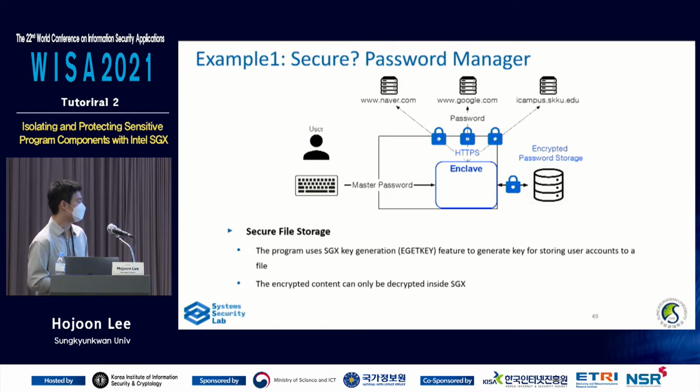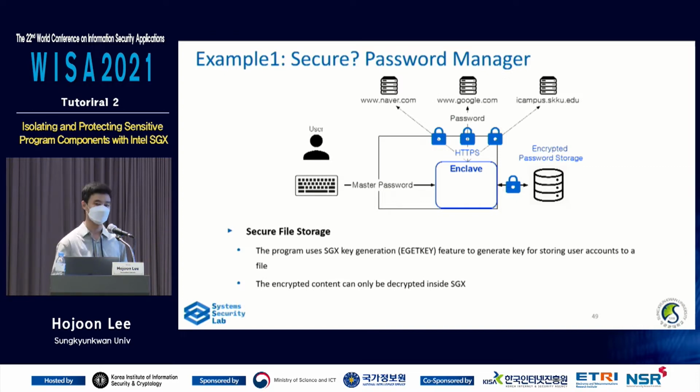One of the features used in this example is secure file storage. This program uses SGX's key generation feature. There's a dedicated instruction for that added by the SGX extension. The instruction is called eGetKey. Usually you won't call that instruction directly; it's more like you call the API that does that. It'll generate the ephemeral key from the root key that we explained earlier. It's going to generate a random key that you can use to store encrypted data,